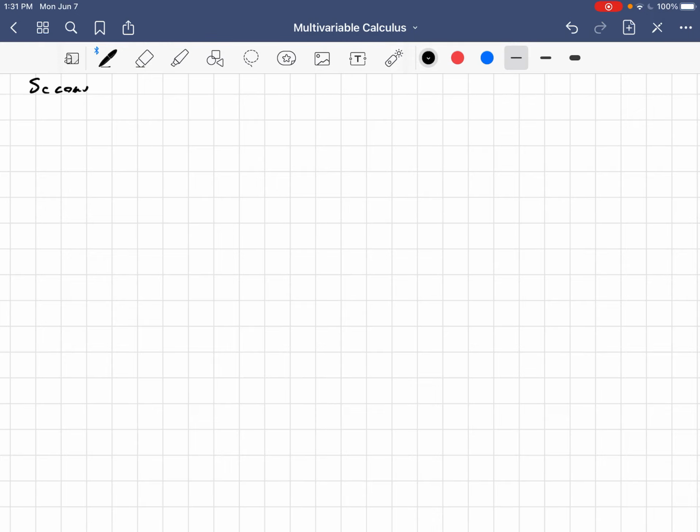Today I want to talk about the second derivative test for 3D real valued functions. I find that this is a topic in Calculus 3 textbooks that is very much done poorly and isn't addressed to the fullest extent in terms of the theory behind it. So I want to start first with an analogy to the single variable second derivative test to motivate talking about it for a 2D function, in other words, with two inputs, z equals f of x,